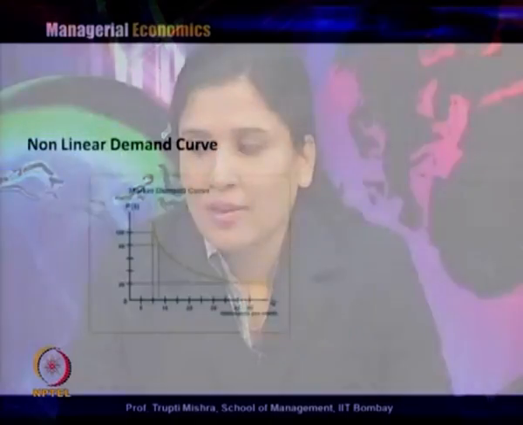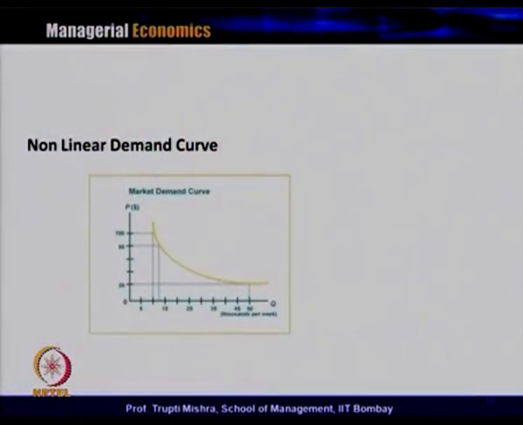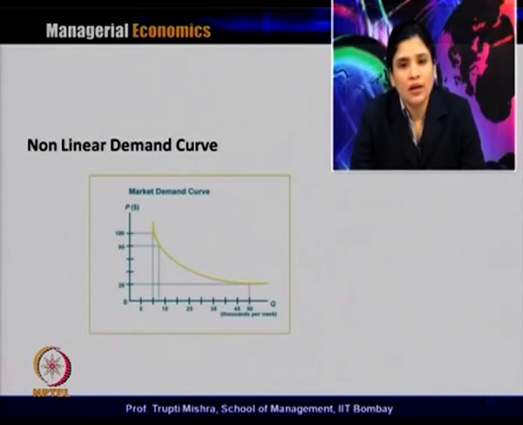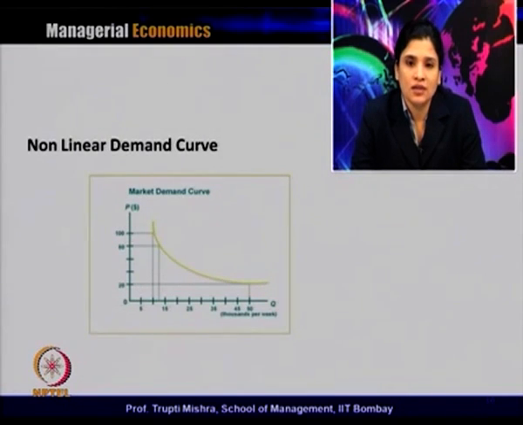So this is the graphical representation of a demand curve, and if you look at the different points of the demand curve, the change in the quantity demanded does not remain the same. Here P is the price, which is represented on the vertical axis, and Q is the quantity, which is represented on the horizontal axis. When the price changes from 100 to 80, the quantity demanded is increasing, and again when it decreases from 80 to 20, the quantity demanded is again increasing.